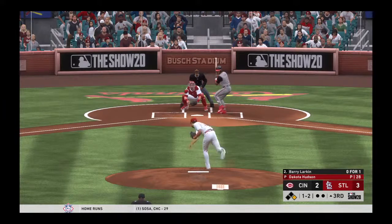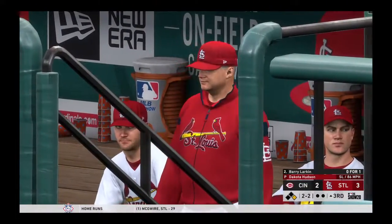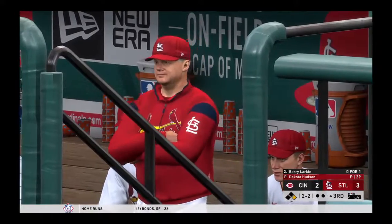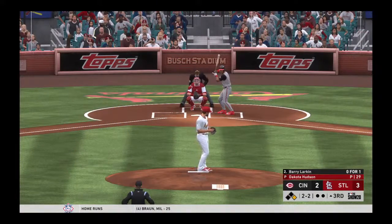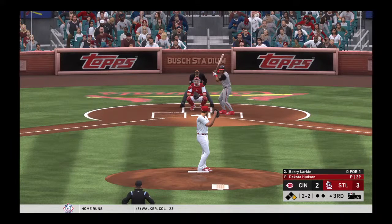From the belt, kicks and deals. Ball 2, outside and low that time. Now it's 2 balls and 2 strikes. Having a hard time putting this hitter away here, and when I was looking at the tape on him from his last start, this is what I saw a lot of. He's not closing the door on guys, and when that's the case, they eventually get a pitch that they can